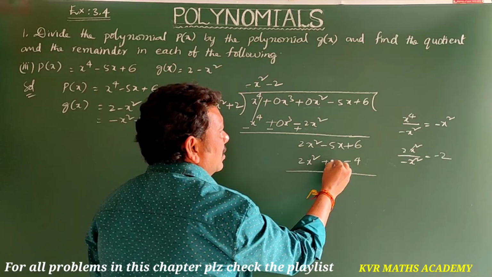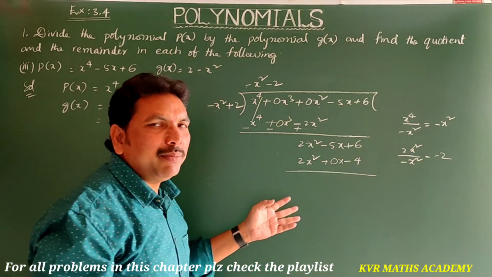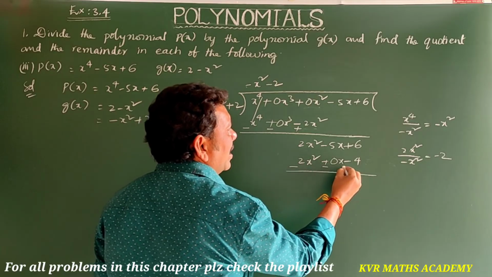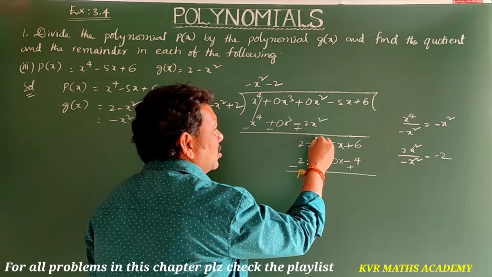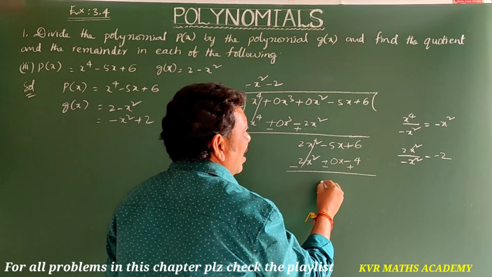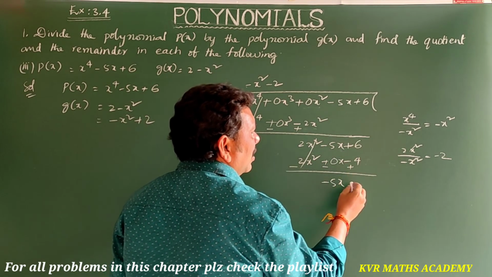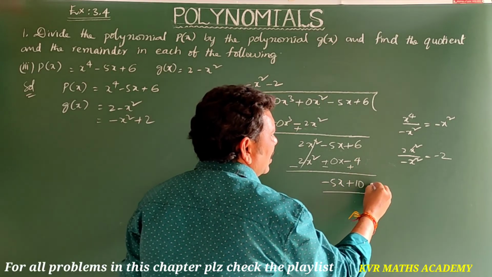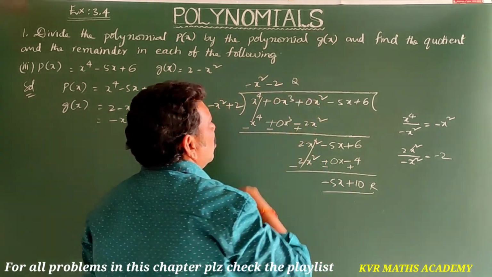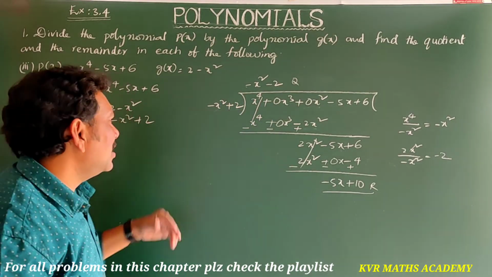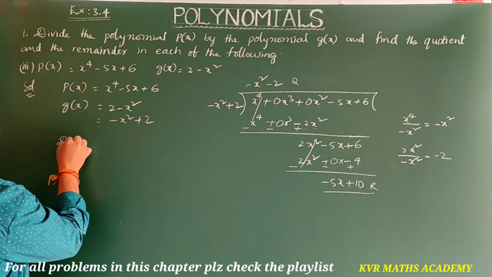Yes, this is 0x. Not there anything means 0x. Here now change the symbols. Minus, this will be plus. Plus 2x square minus 2x square get cancelled. This will be minus 5x plus 6 plus 4, plus 10. So this is the remainder and this is the quotient. So have you understood about this? Yes, now write down. Dividend